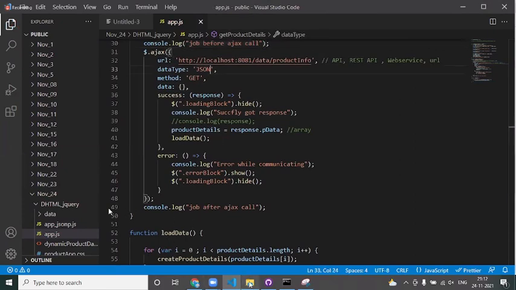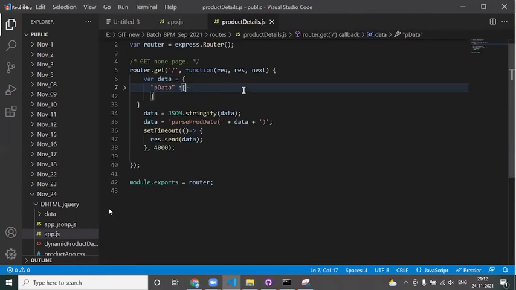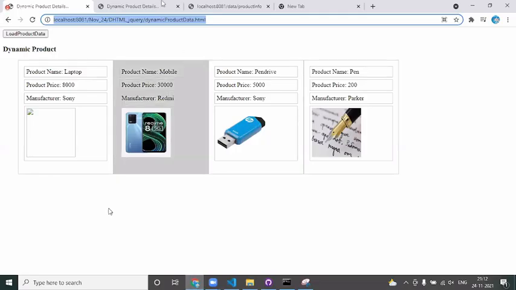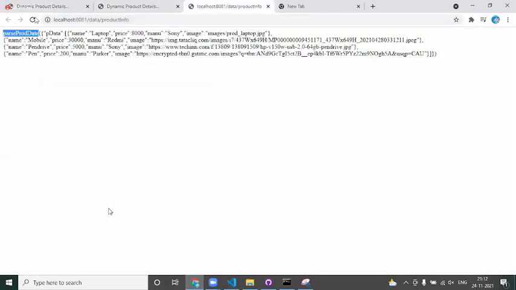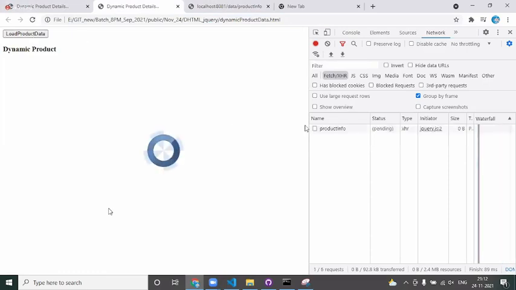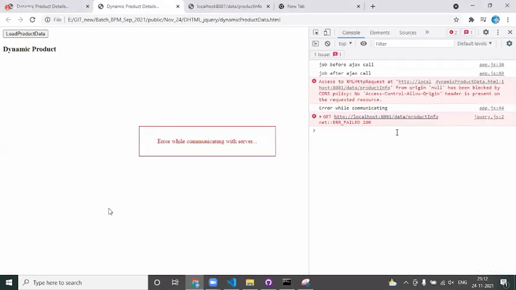And in the same way, when I go to the server side, I don't want to respond in JSONP format. It should be in JSON format only. Now, if you restart your server with npm start, go to the server and reload the page. Is the response JSON or JSONP, guys? JSON. Okay, nice. Now, if you reload this page and click on load product data, obviously you should receive the same CORS policy error.